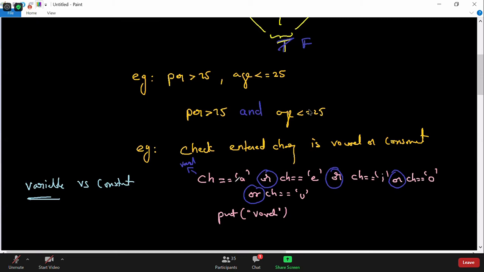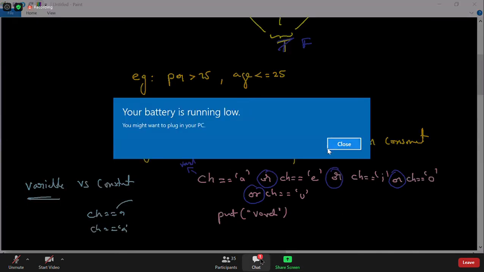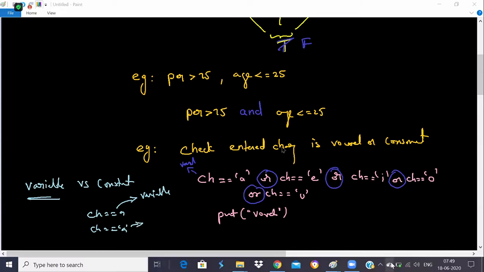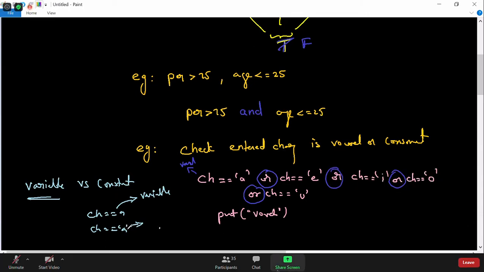But 'a' here is a string constant. I'm not going to store it in any variable, I'm going to use it directly, so it must be in single or double quotes. Got my point? So ch is equal to a and ch is equal to 'a' are different. In the first, it thinks that both are variables. In the second, it knows that ch is a variable and 'a' is a constant. Getting my point, SK?